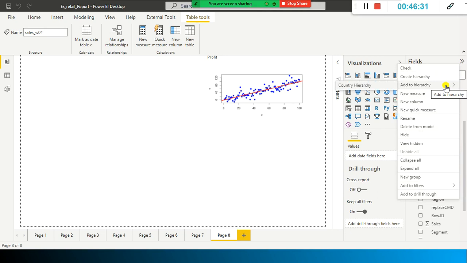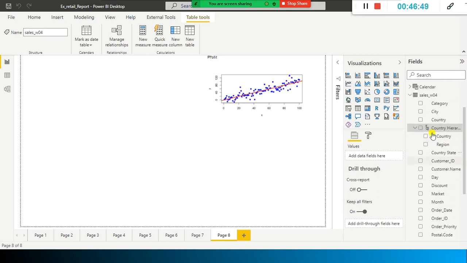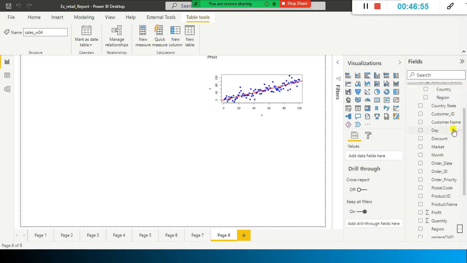When I select the region column, I can see add to hierarchy, and I can add it to the country hierarchy. If I go up and expand this, I can see that country and region, these two, are part of my country hierarchy.